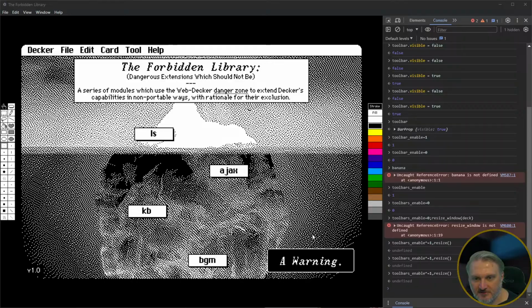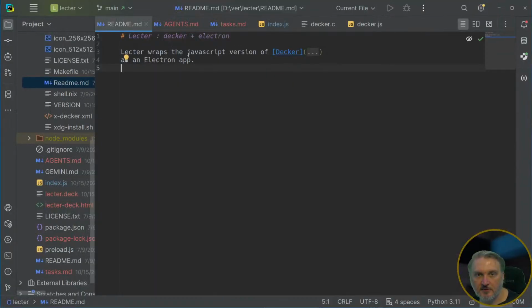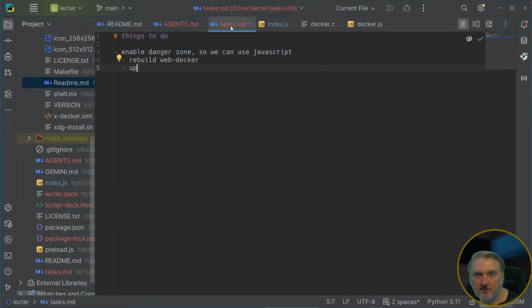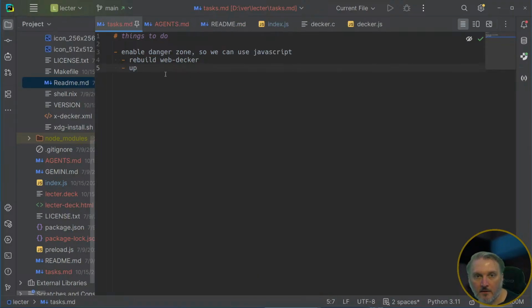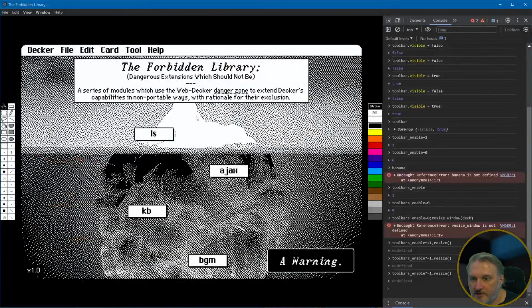Go back to the README. Tasks. Then, no, we don't need to do this. What we wound up doing was fetch latest for bit HTML. And then all we need to do from here